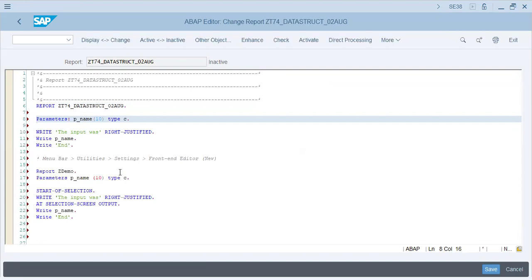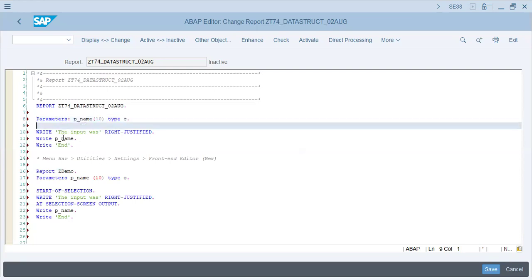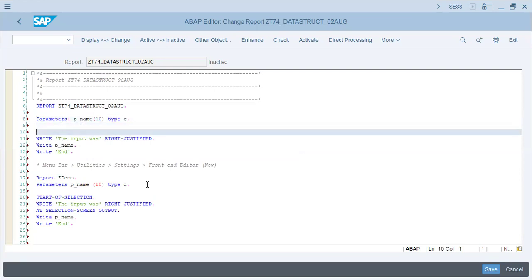Okay. Now, this variable is basically going to accept parameters, and then we'll have a write, or we can also use initialization. By initialization, what do we mean? Now, this is basically the trigger or the processing block for programs, for